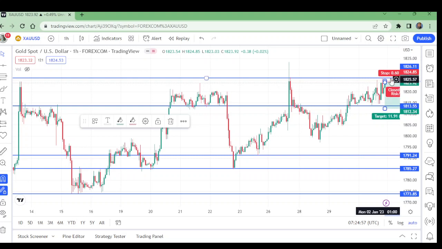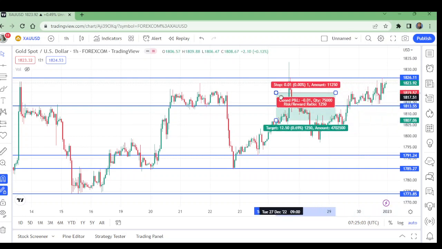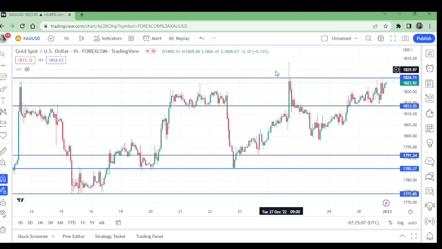So what is now in this level? Now it has been mixed. Now let me delete it and put it again. Now this stop loss will be very small, and the reward ratio is expected to be much larger. Okay, now above this wick, exactly above this wick, entry is here. Now let me put the horizontal line.